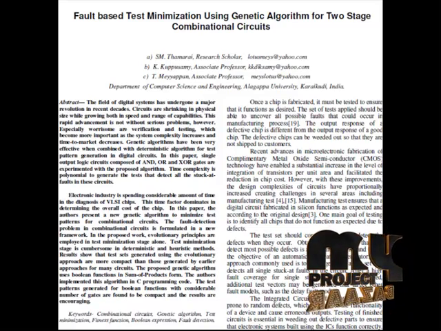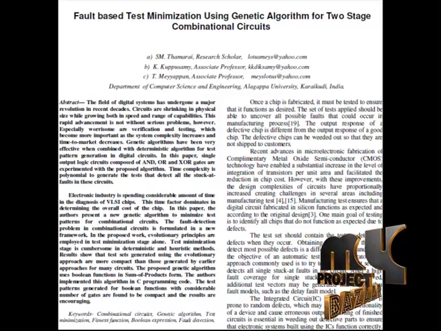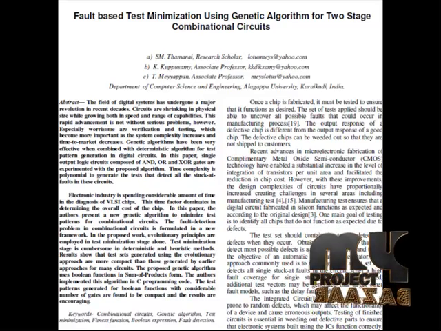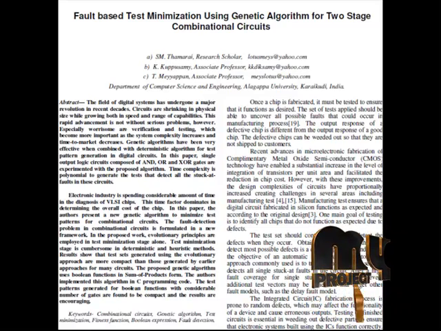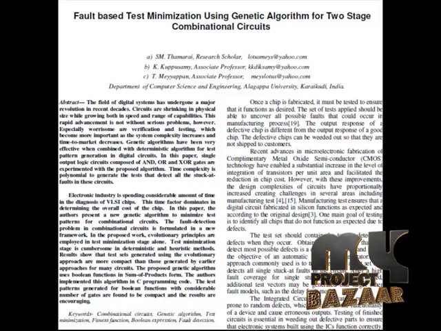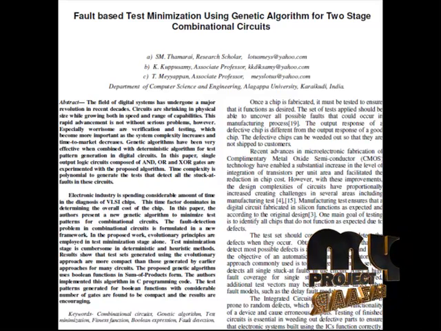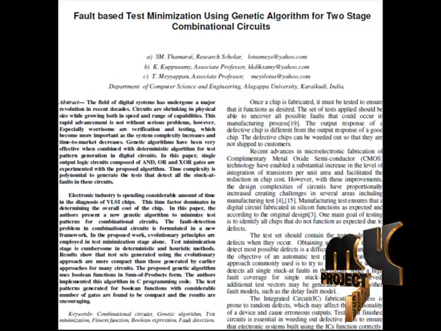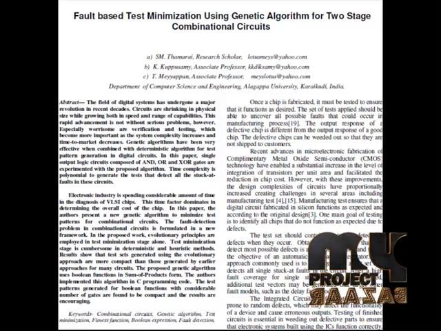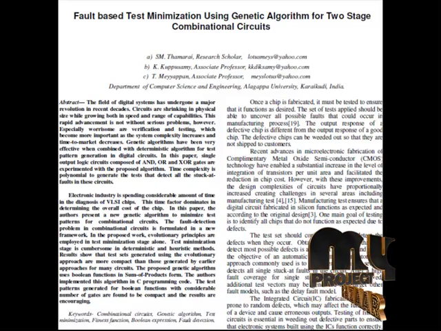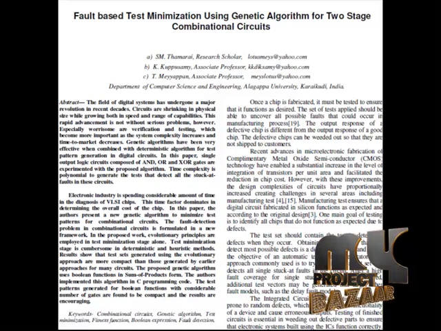The fault detection problem in benchmark circuits is formulated in a few frameworks. In this, the proposed system's evolutionary principles are employed in the test minimization stage alone. The test minimization stage compares deterministic and heuristic methods. The results show that the test sets generated using the evolutionary approach are more compact than those generated by earlier